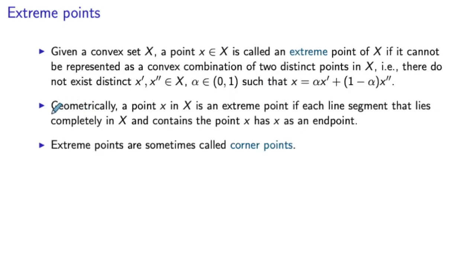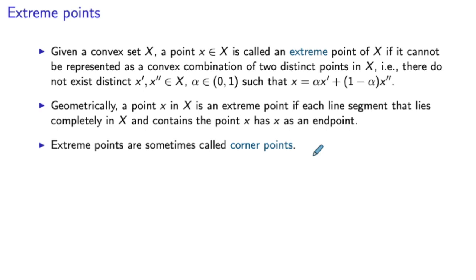So once again, geometrically, a point X is an extreme point if each line segment completely in X that contains the point X will have X as an endpoint, meaning that X cannot be an interior point of that line segment. Okay, and sometimes we call the extreme points the corner points, and this makes sense especially in the linear programming context, because these points do look like corner points when we draw the feasible region of a linear program